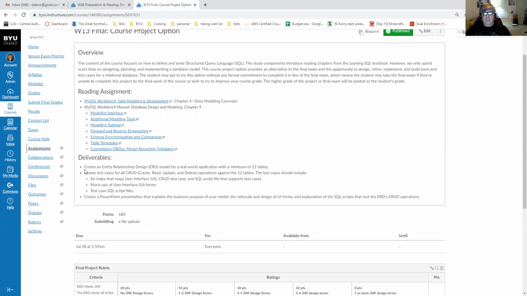So the first thing is to create an entity relationship diagram. We've talked about those before. That's creating a diagram with at least 12 tables, the relationships between the tables, indexes, foreign key constraints. Any of that needs to be in the ERD. I need to know not only what tables you have, but how those tables talk to each other. And they have to follow a logical